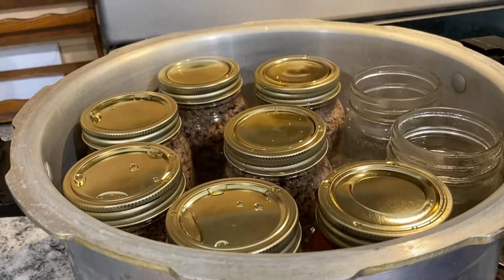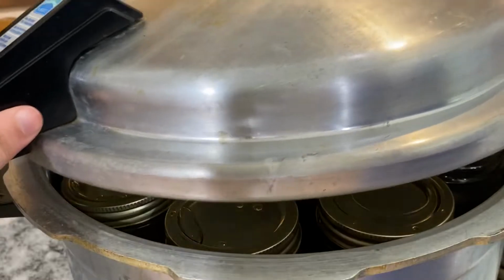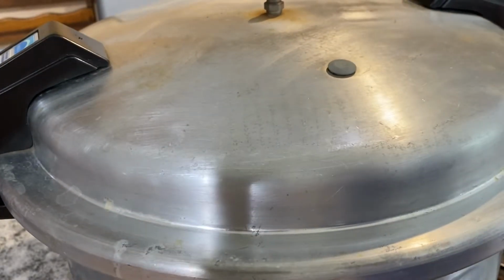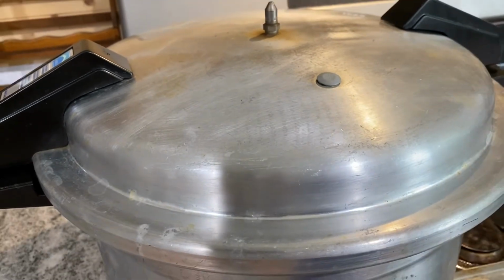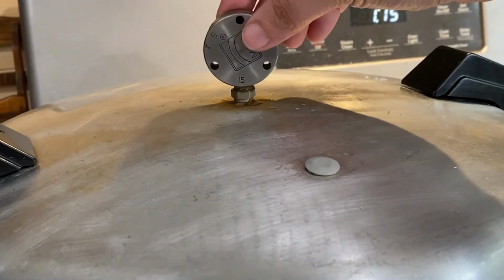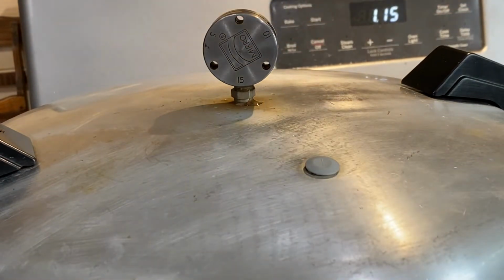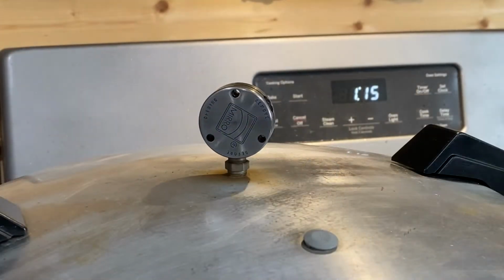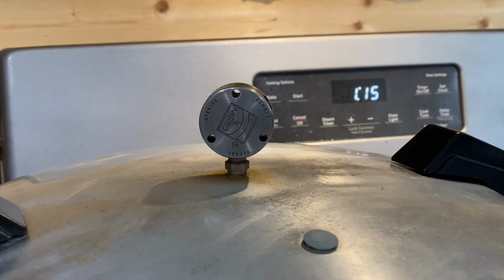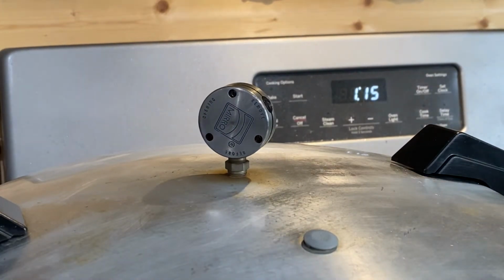Next, I bring the canner to a simmer, and then I place the lid on and turn to lock it down. After it has come to a full rolling boil in the canner, I'll place the weighted gauge on at 15 pounds because I am over 1,000 feet in elevation. After it begins to rock steadily, I'll turn my timer on for 1 hour and 15 minutes